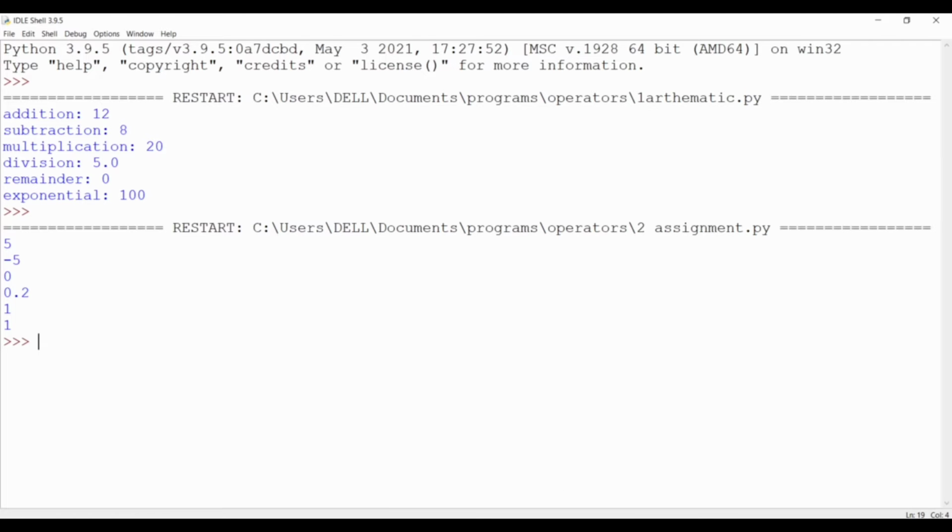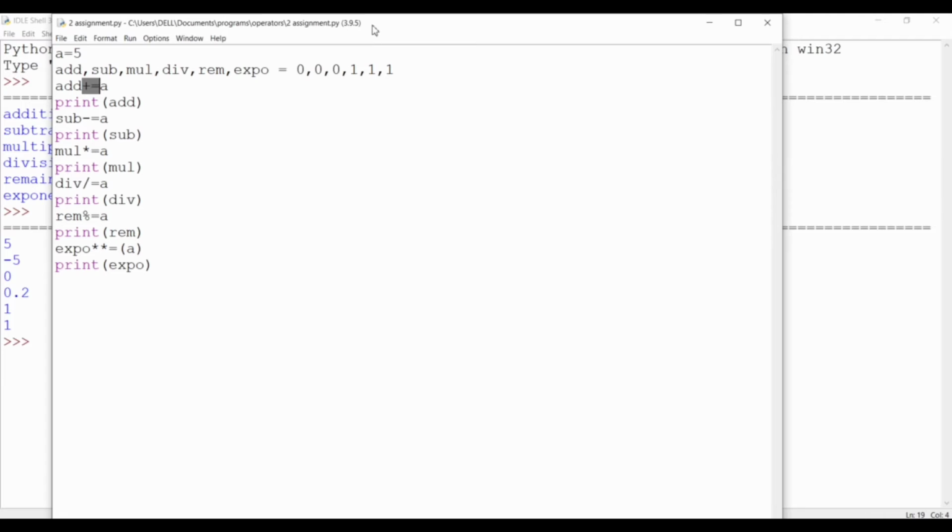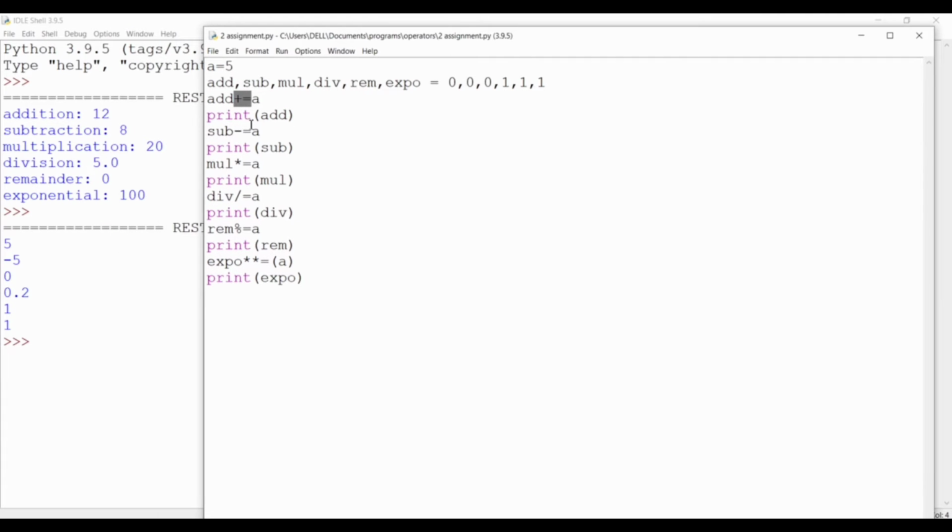Here is the output of the assignment variables. For adding, a equals 5, and subtraction gives a as minus 5, and multiplication is 0, as the multiplication value is 0, and 0 into 5 is 0, and the division value is 1.